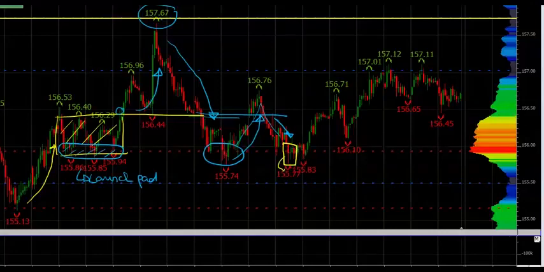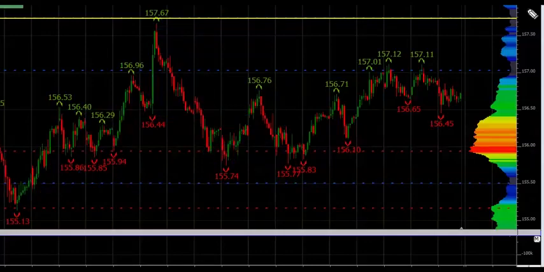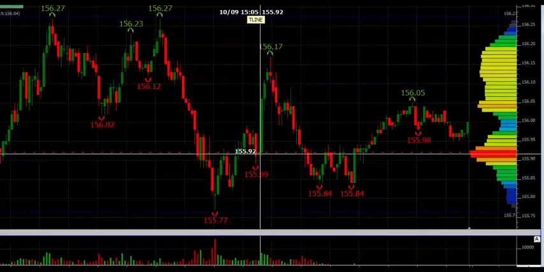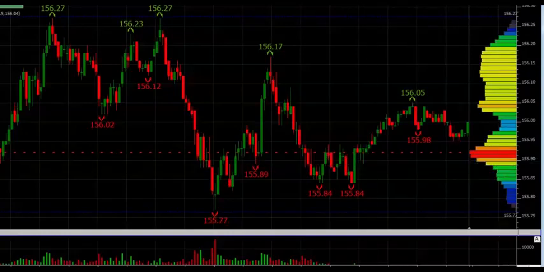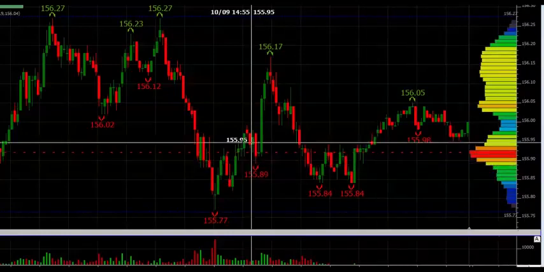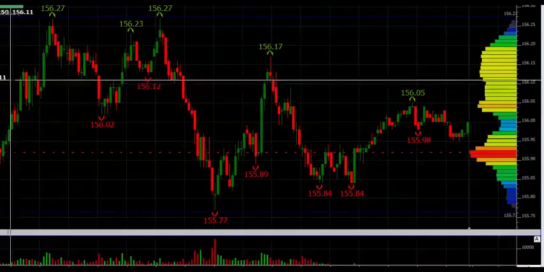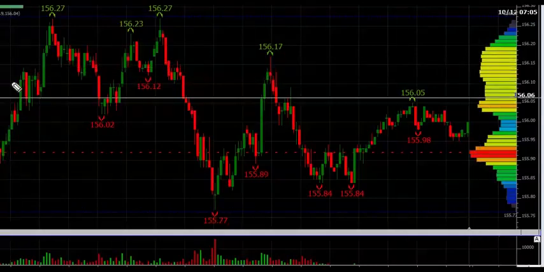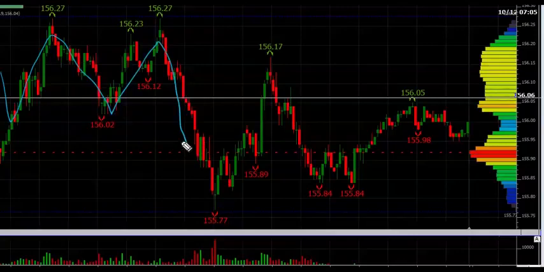If we look at what that looks like on a very short time frame, this is our 5-minute chart of the day, and just to give you some context of what we did on the day, the market had been somewhat range bound in here, and now we're coming into that very key zone. We know that zone is from around the 155.84s, 85s, between 84s and let's say 89s, this little region in here,